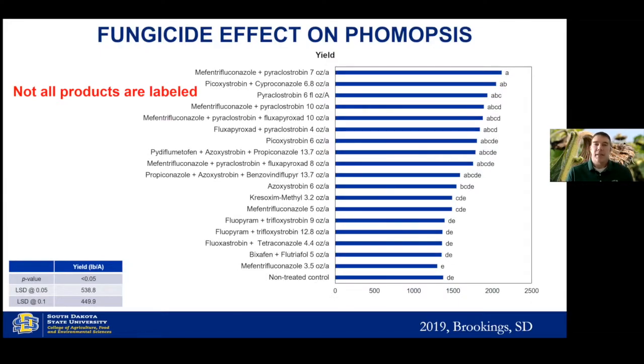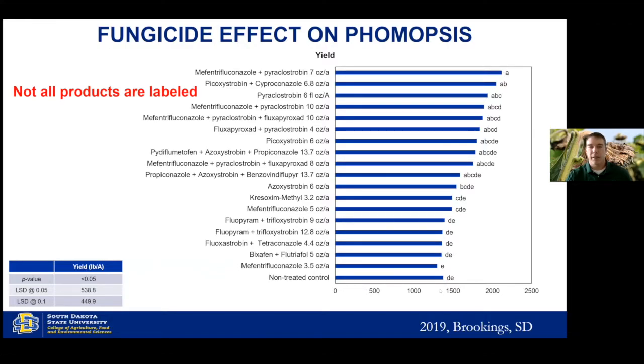This is the same trial, except this time we're presenting yield. And again, not all these products are labeled. On the bottom, you can see the non-treated control here. It's about 1,400 pounds an acre compared to the best chemicals, and they're a little over 2,000, maybe 2,200 pounds an acre. So even in this pressure, best case scenario, you're seeing a pretty good yield jump, but it's not